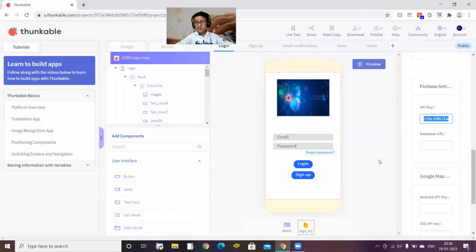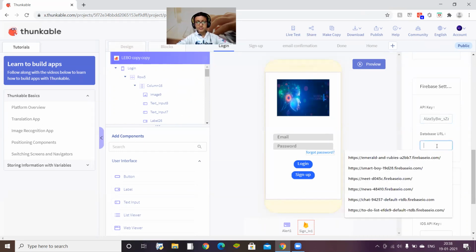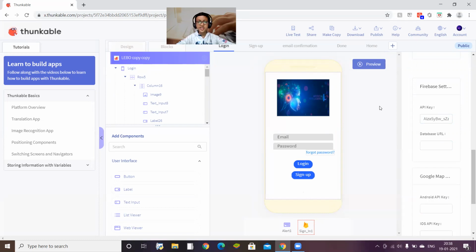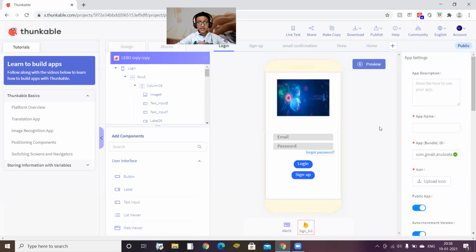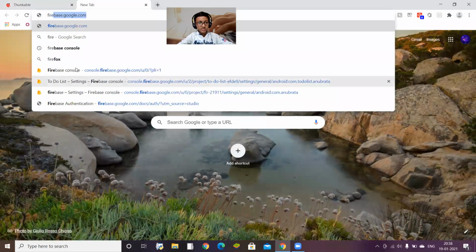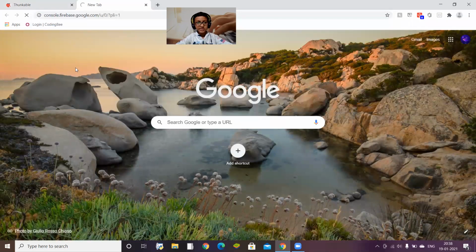There's no need for a database. I also showed the database in that video, but ignore that. No need to create a database in this portion. It is just using the API key to log in. And let me show you some more things after creating the Firebase.